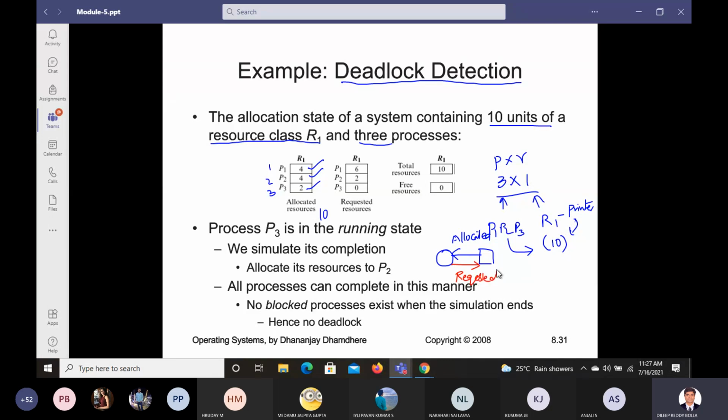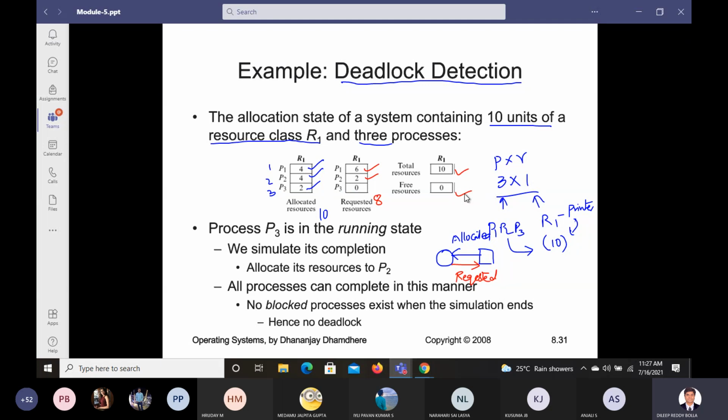So like this, the requested are 6 plus 2, 8, but the allocated are 10. Okay, total number of resources 4 plus 4 plus 2, 10. Free resources 0. Now how to detect the deadlock?